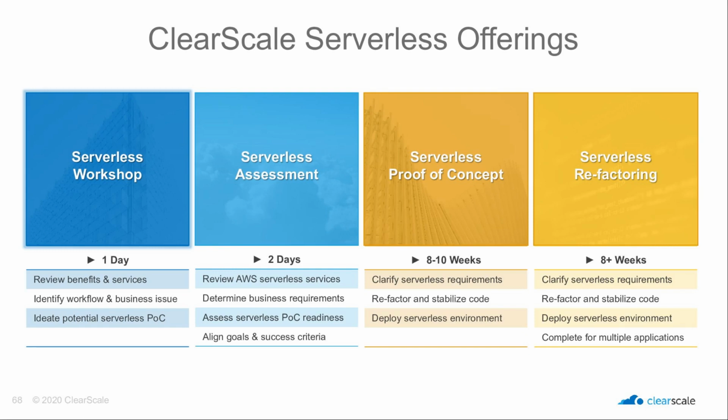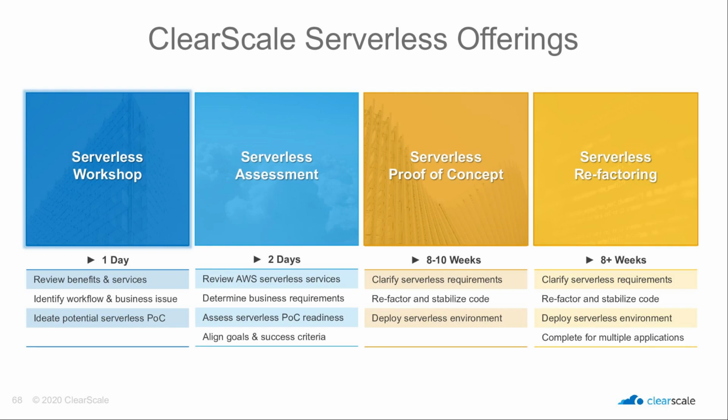Here, it's taking it to the next level: determining a workload of yours that could be migrated to AWS Serverless, evaluating that architecture more closely, developing some success criteria around that proof of concept, and starting to build an understanding of the serverless services needed for that, clarifying your business requirements, assessing your readiness for a POC, and then aligning on any prerequisites, goals, and again, those success criteria. And that's a 2-day engagement.